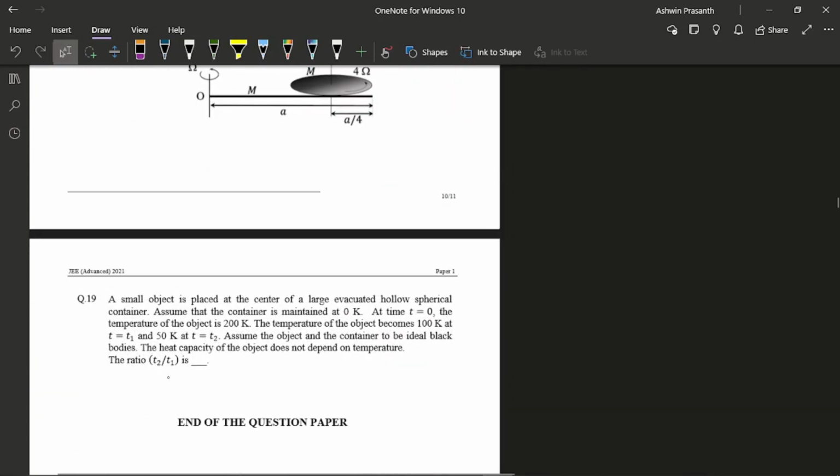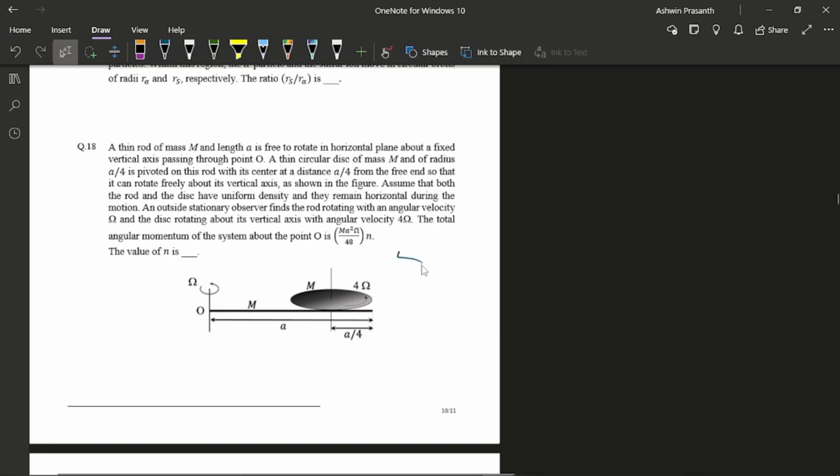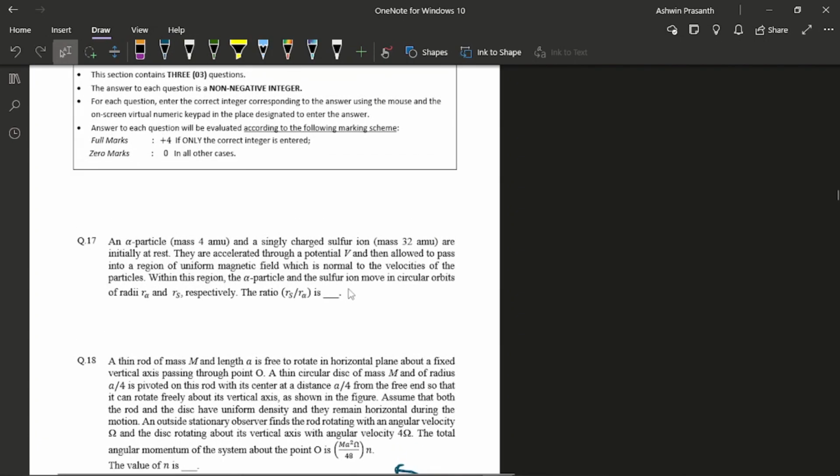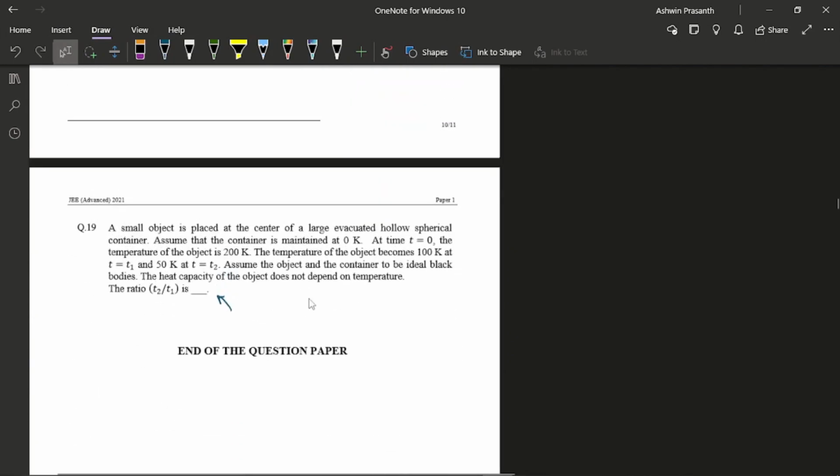I started actually in the reverse order. So this was the first question I saw, and again I felt it was lengthy, so I left it again for a while, and I moved on. Again, this one also I found lengthy. I still tried reading it to understand the situation, but normally I always used to get angular momentum calculation wrong. So again, I left this for the end also. And this one, very simple standard question, I was able to solve easily. And just after this, again moved back to this question. Once I read it, I realized it wasn't that tough, and I was able to solve it easily. I got it right.